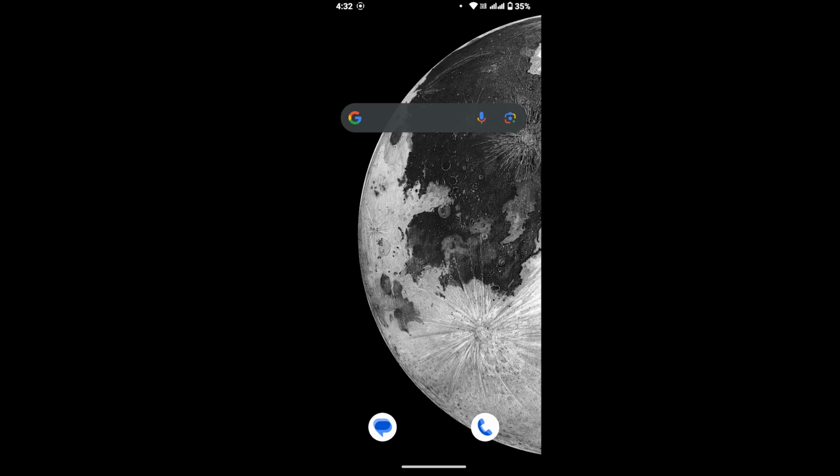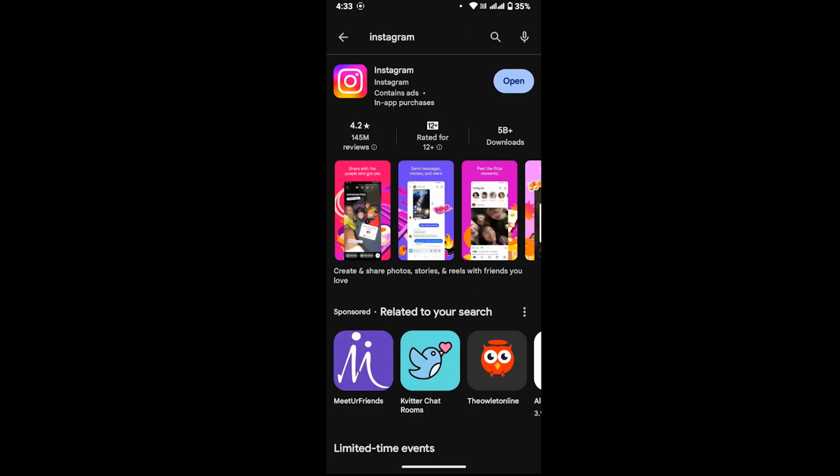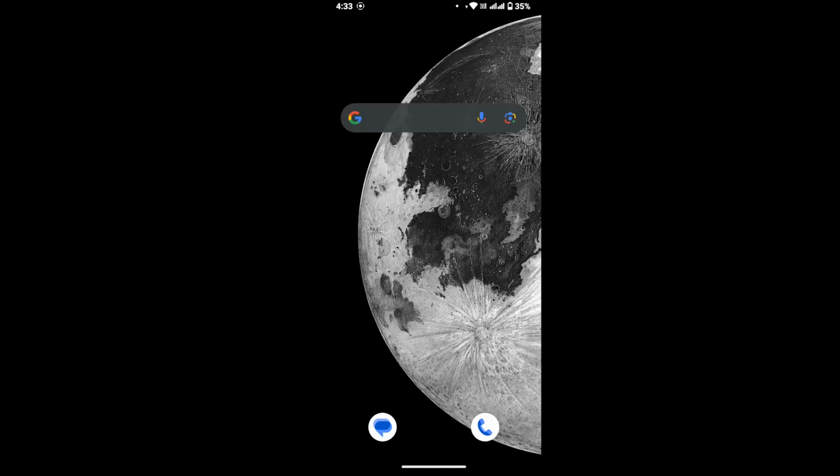If not, then make sure that your Instagram app is updated. For that, open Play Store, and from the top on the search bar, search for Instagram, and here you will see an update option where I have opened. If your app is out of update, simply tap on update and your app will get updated. After that, head back to Instagram and look if you can refresh your Instagram feed,